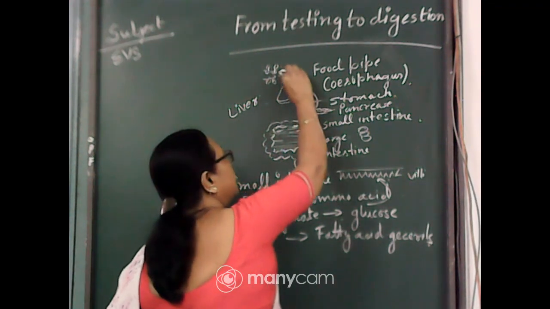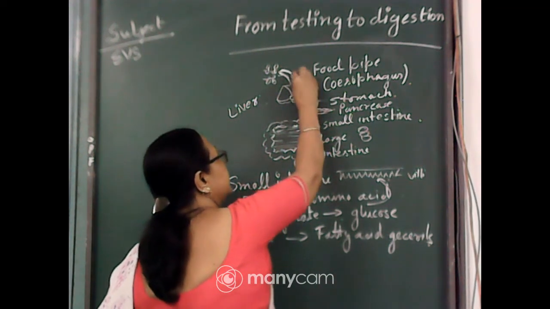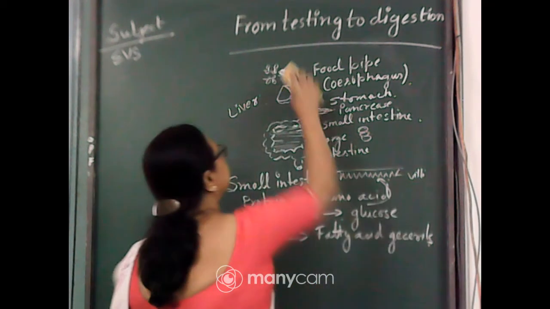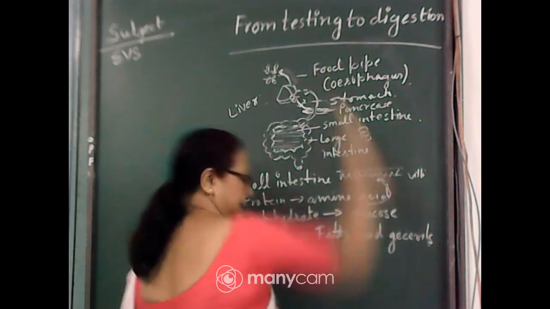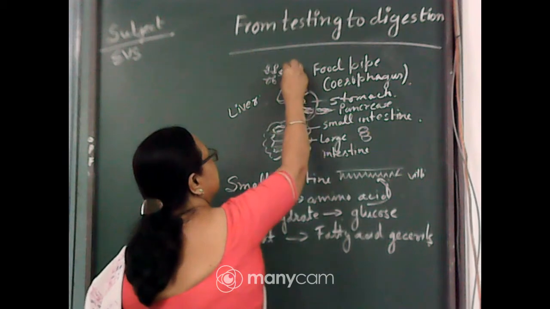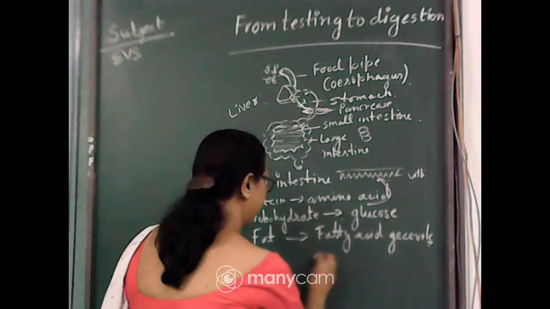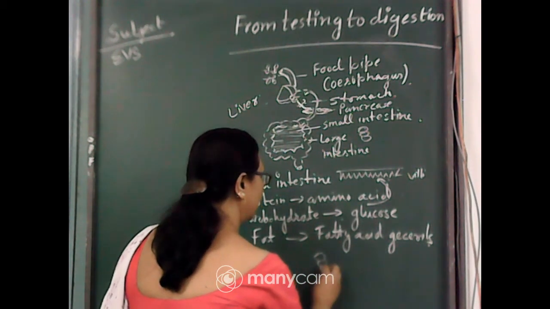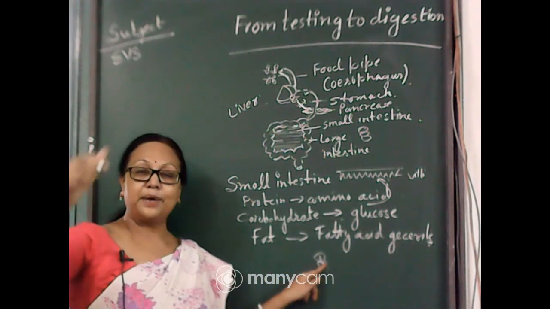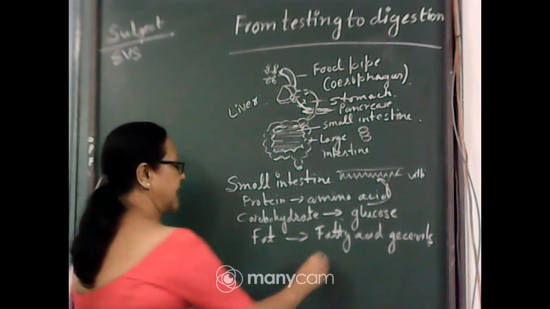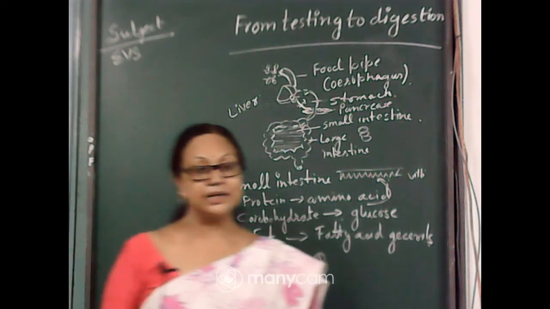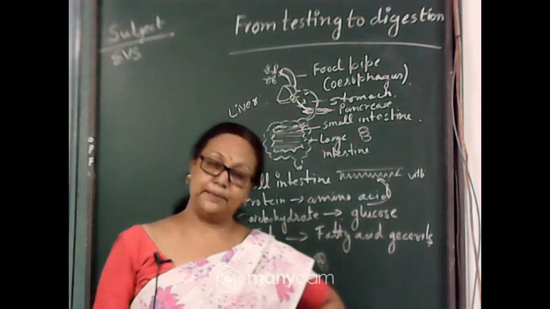The food pipe is a pipe-like structure, and it has circular muscles. When the food comes from the upper portion to the lower portion, the upper portion squeezes it, and the lining of hairs brushes the food particles on to the next part of the food pipe.